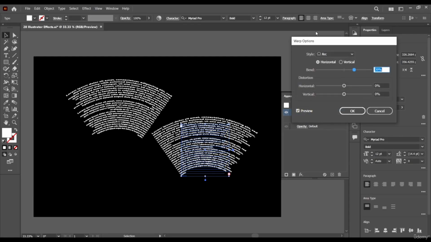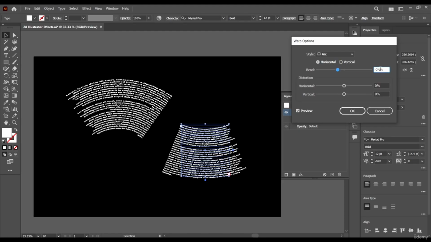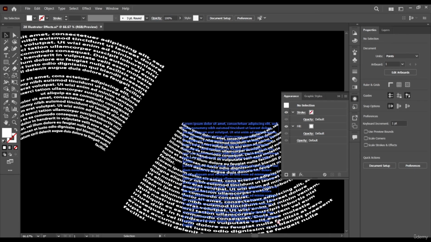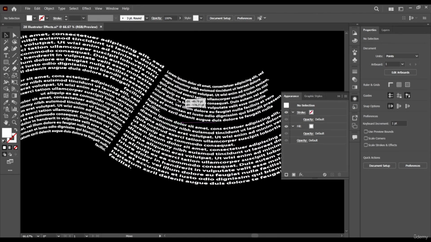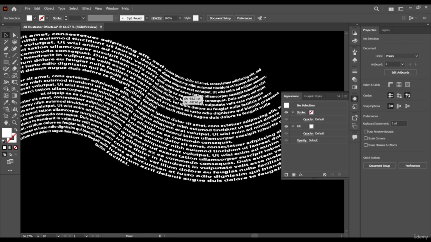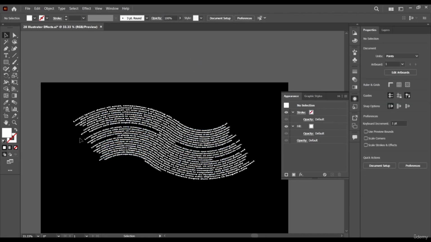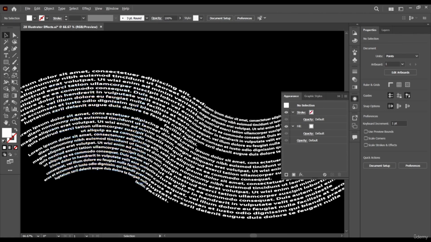And the wrap, I'm just going to make this minus 39. Okay, now this is what we have, and you can have it arranged like this, so it looks like the type is flowing like this, right?